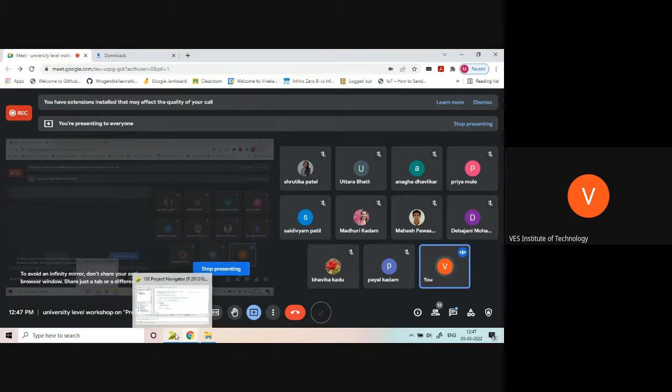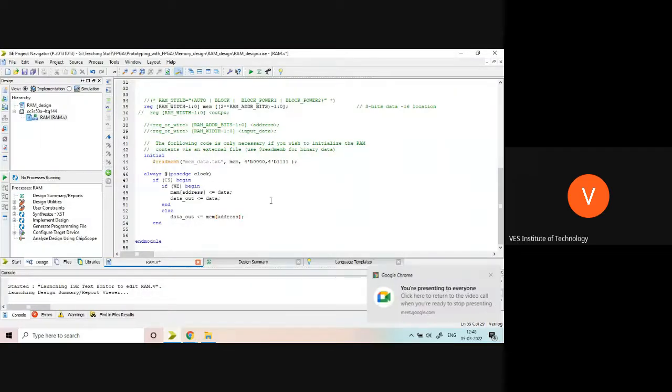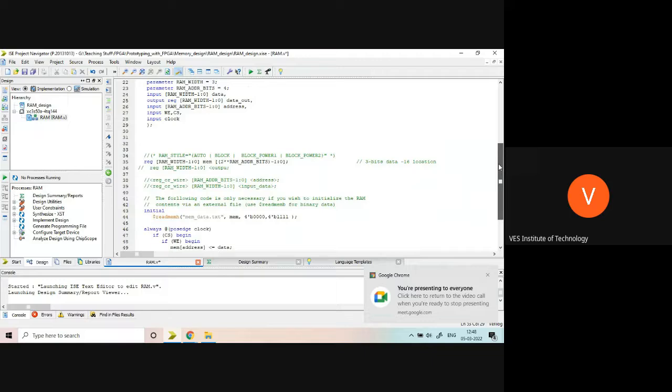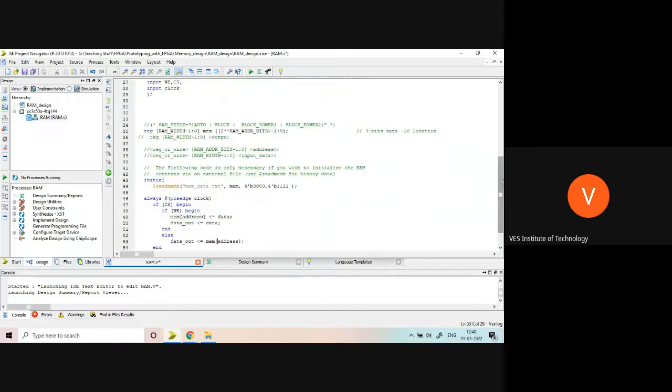So that's why the memory is 2 dimensional. Sometimes the address is also 2 dimensional when we talk about an image, but those addresses also will be made serial when we create a memory. So that's why in hardware there is no really parallel memory. So you have to write code like this, then and only then block RAM will be inserted. Otherwise block RAM will not get inserted. It will insert a block RAM. Okay.